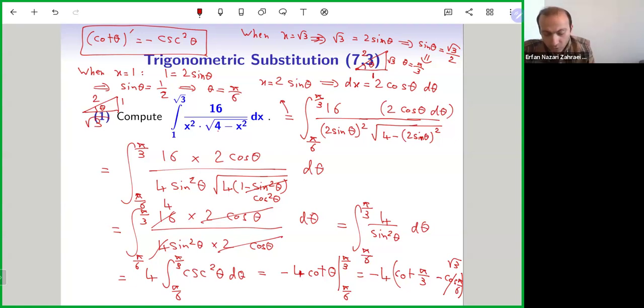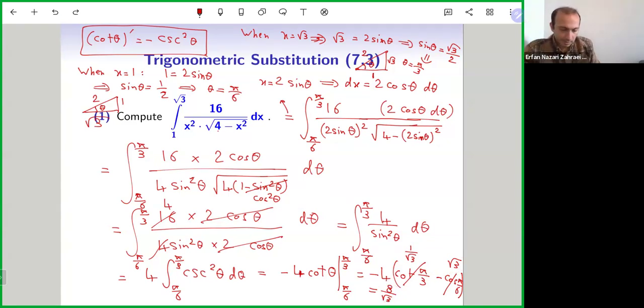So now we are using cotangent of theta. So it's adjacent over opposite, which is 1 over root 3. So cotangent pi over 3 is 1 over root 3. Or use your memory. So that's what we get. That's the final answer. If you want, this can be simplified to 8 over root 3. If you take the common denominator between these two and combine them into one fraction, you get that.